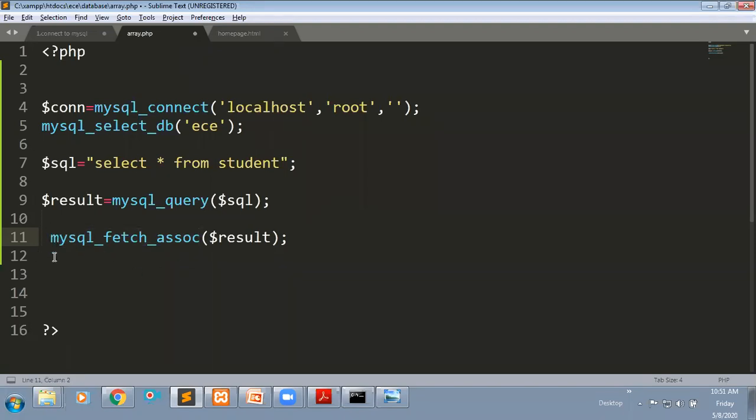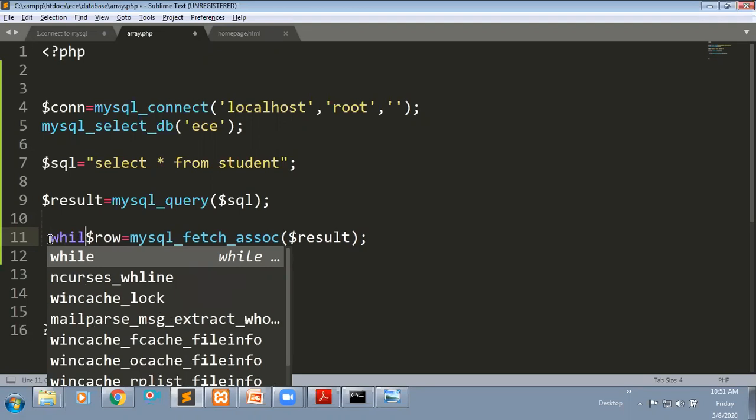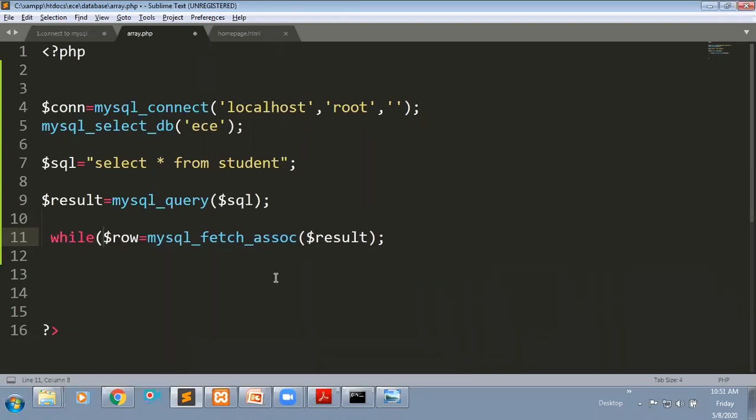If I execute this function, it will return one row from your table. Just observe here.